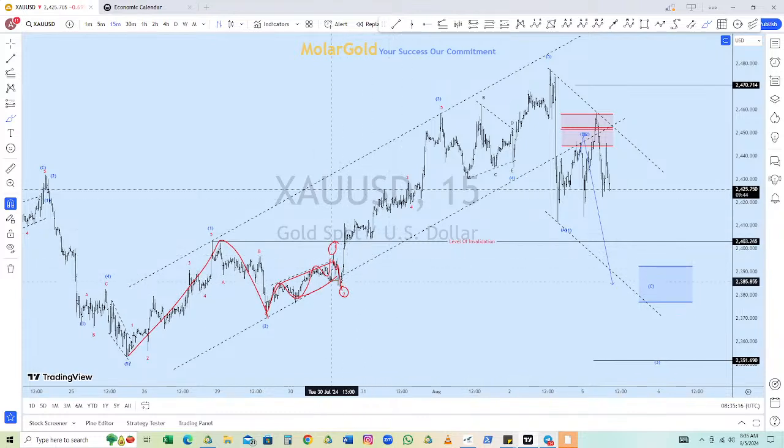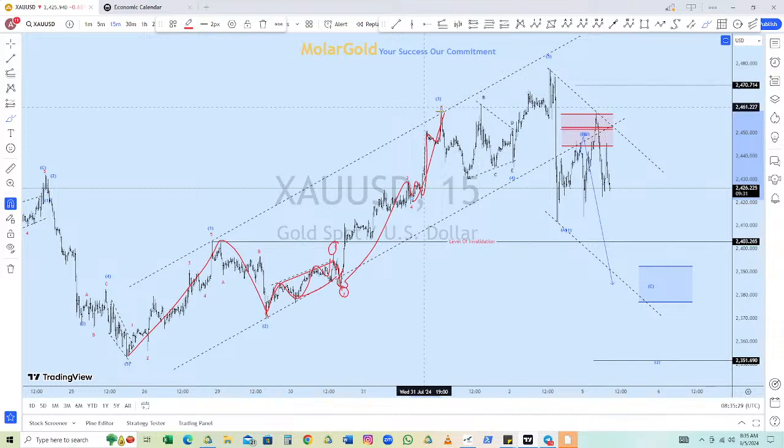Then I changed the count slightly. I said, okay, this is wave 3, this is wave 4, and that is wave 5. And this wave 5 was in a subdivision of 5 waves, completing the blue degree wave 3. Then all this triangle, which is a 1, 2, 3, 4, 5 triangle, is wave 4. Remember, we can have a triangle in wave 4, so that is also perfectly correct. Then price went all the way to the upside as usual.